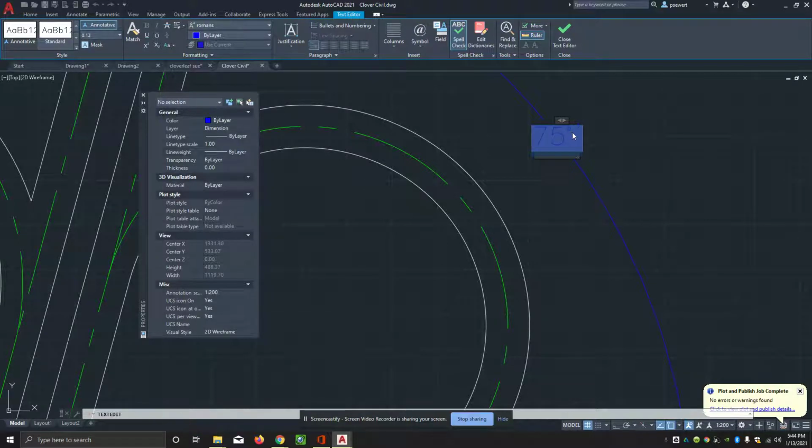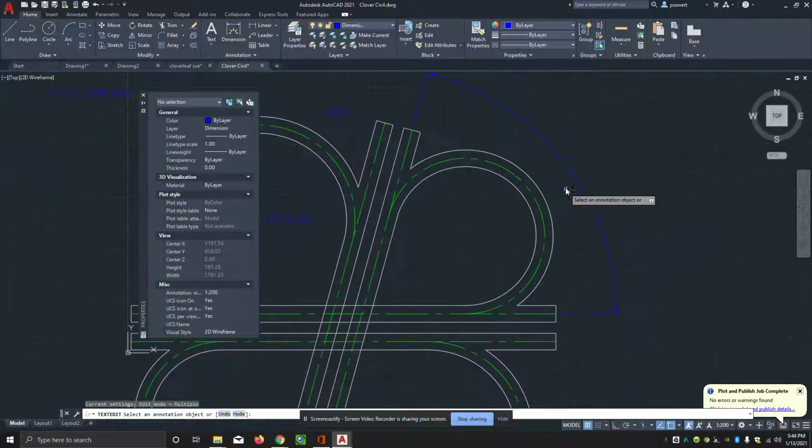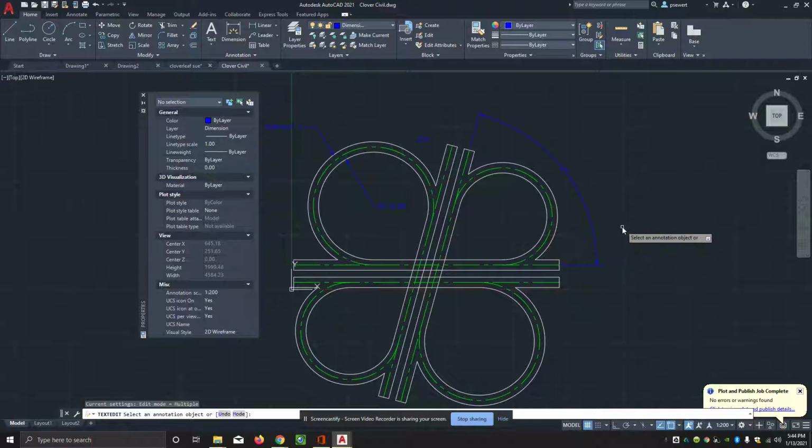So can we back that off of there? I guess you can just. I wonder if you have to explode it in order to. Percent percent D for degrees. Yeah. So that happened because we had that suffix on there. So we're kind of winning by putting the suffix on automatically. But when you get to that degree symbol,